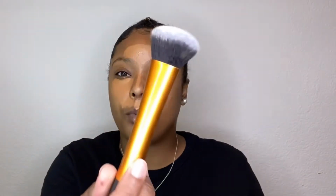Okay, so obviously I love this stick too because it's almost gone. This is the Black Opal foundation stick. I use the color Suede Mocha. I'm going to use a dense brush like this. This is a Real Techniques brush. I do not know the number on it. I've had it for so long that it's rubbed off, but you can kind of see what kind of brush it is. And I'm just going to put that in there like that. And then I'm going to